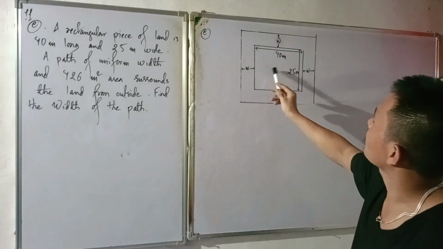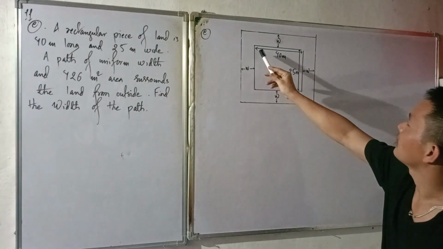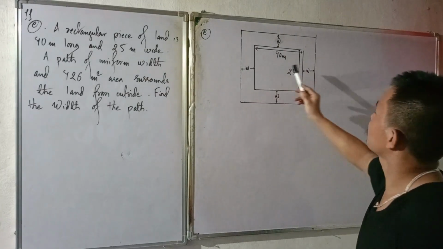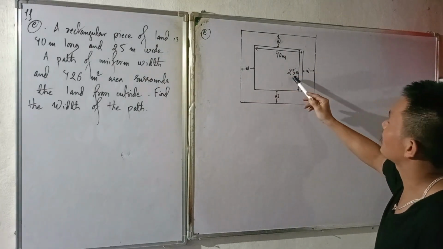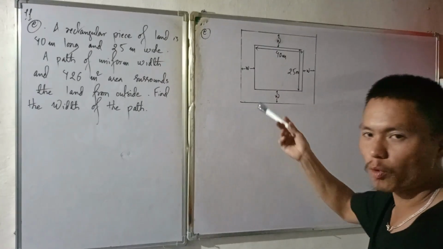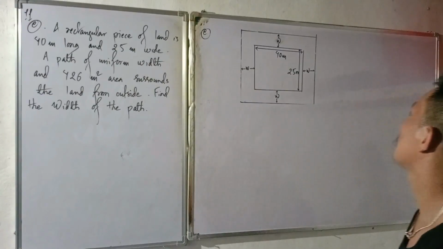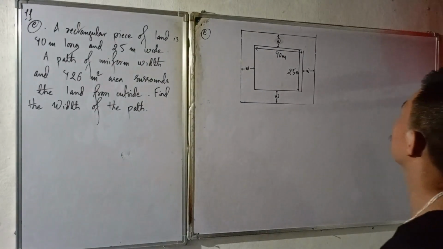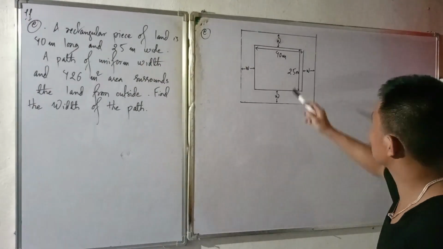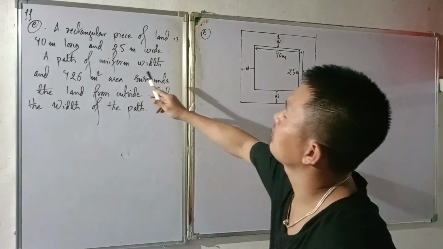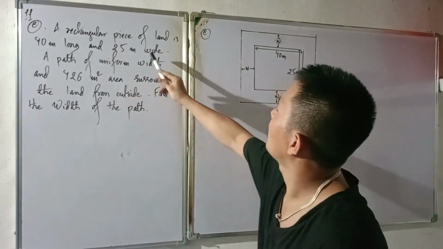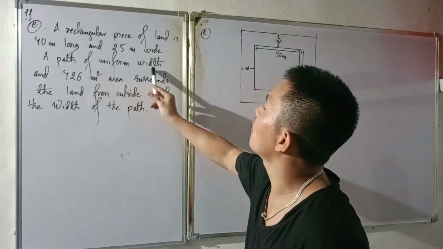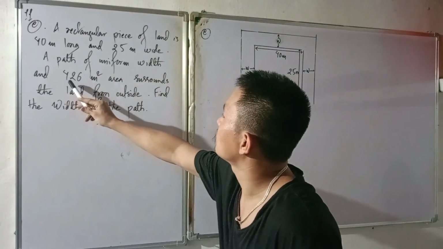This rectangular land is 40 meter long and its breadth is 25 meter. Now, 40 meter long and 25 meter wide, but this rectangular garden has a path of uniform width and